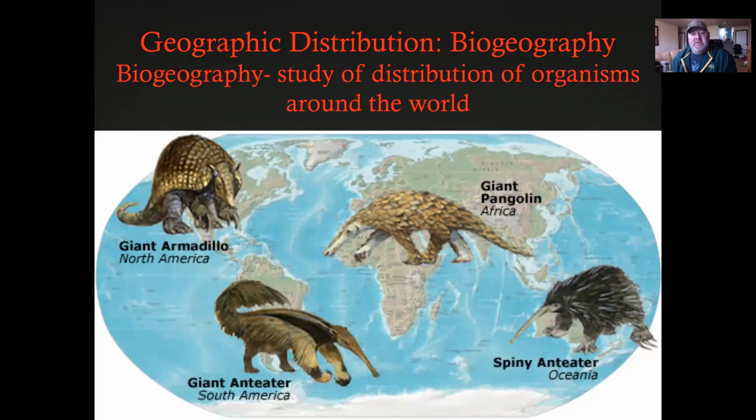The next one is geographic distribution. So biogeography. Biology is studying living things. Geography means different areas of the earth, different structures on the earth. So biogeography is studying the distribution of the organisms around the planet. So what we're looking at here is organisms that look the same, like an armadillo versus an anteater, a giant anteater versus the pangolin versus the spiny anteater. They're all very similar in structure and form, but they live very far from each other, meaning that they each evolved differently because of differences in those environments where they live.